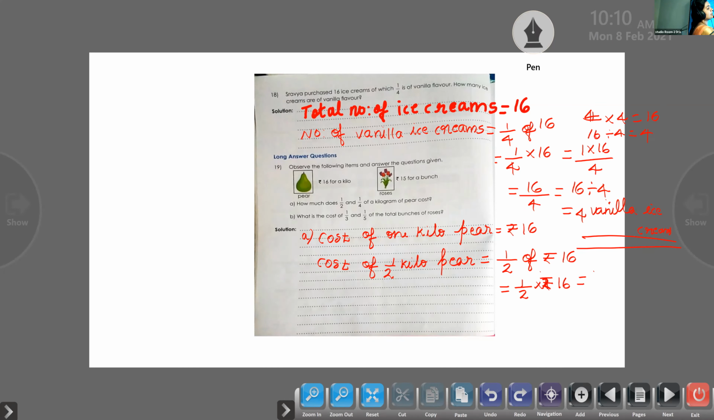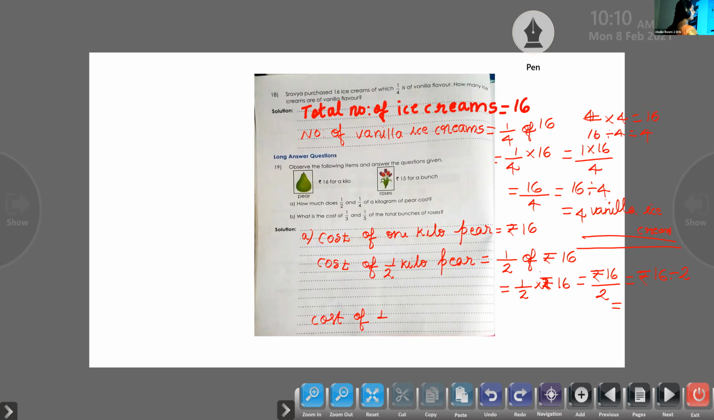That means rupees 16 divided by 2. Rupees 16 divided by 2. We will get... you have to check which number into 2 you get 16. Like that, we have to find cost of